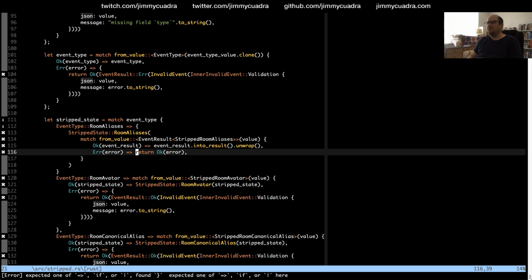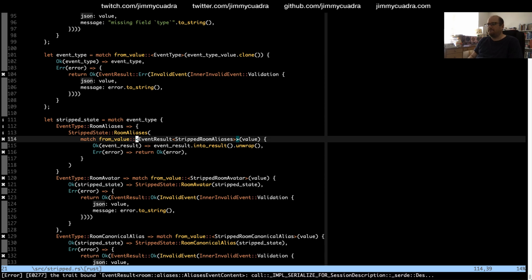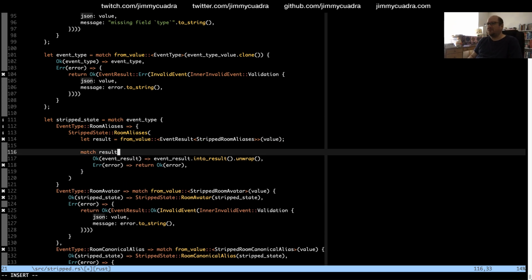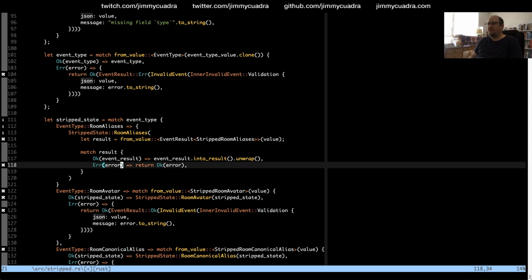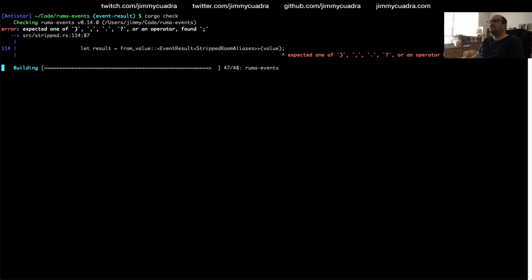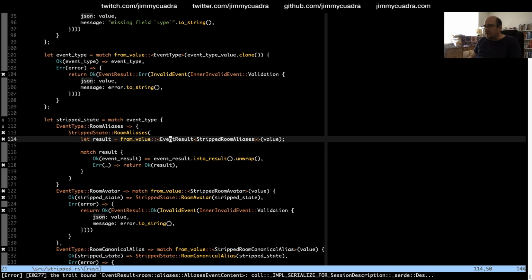We actually want to return the entire error. We don't want to destructure it in the error case. So it's really more like let result. I think what it needs to be, and then we need to match on result. If it's okay, that becomes that. Otherwise, we return the result. I think that maybe that's what we want. See if I can get this formulation right. What is it not like now?